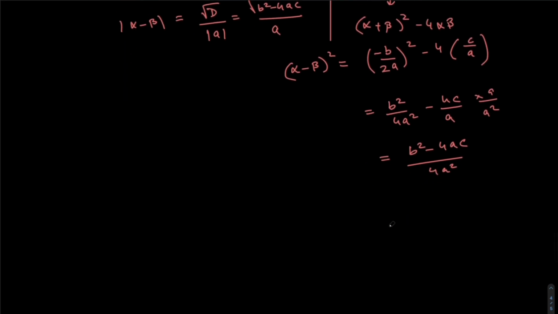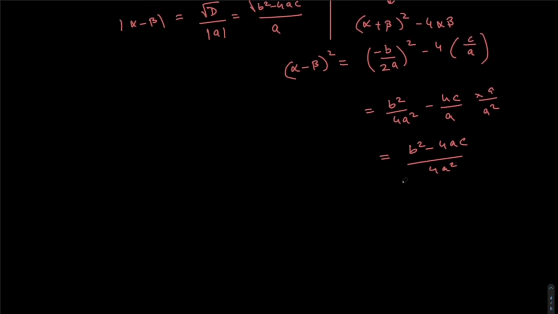I don't even need to simplify this more, I can just stop right here and point out one small thing. B squared minus 4ac is my discriminant, and I have 4a squared alpha minus beta whole square. Now, if I take the square root of both sides, I have square root of my discriminant upon